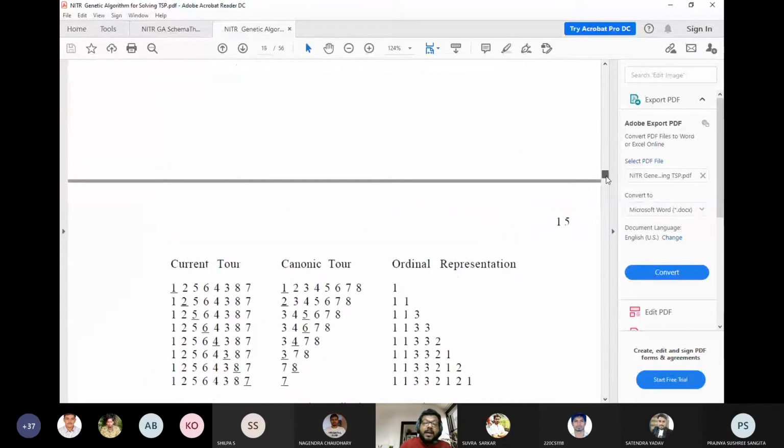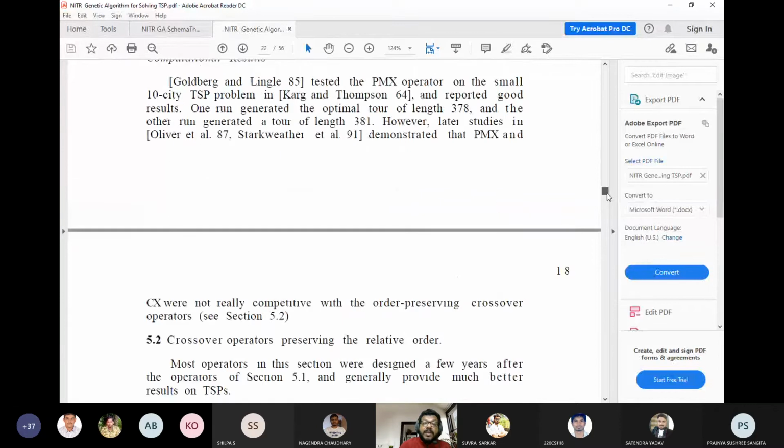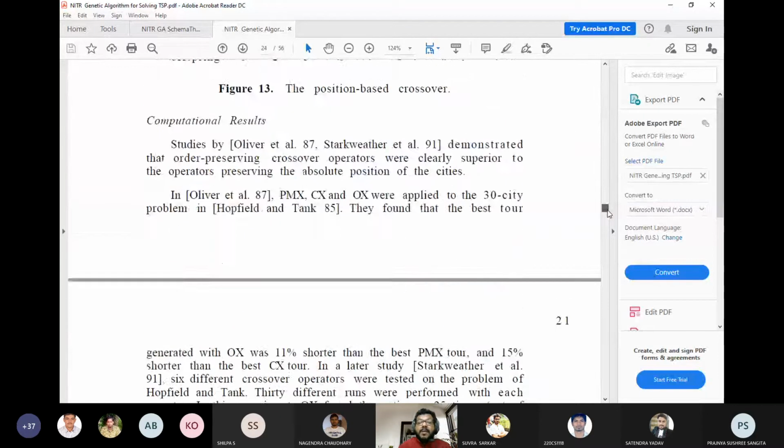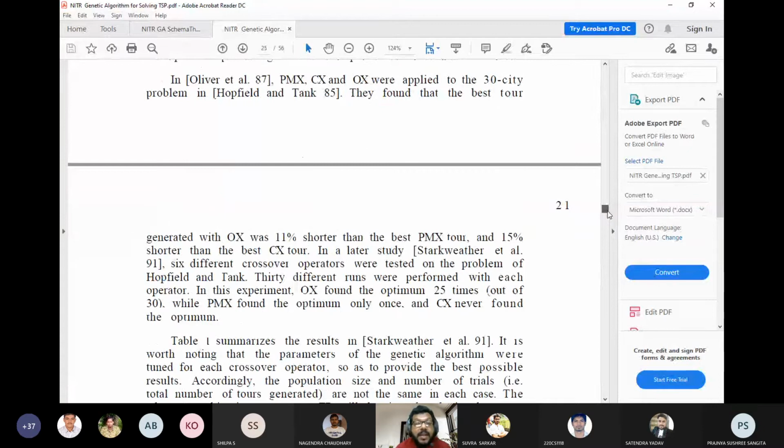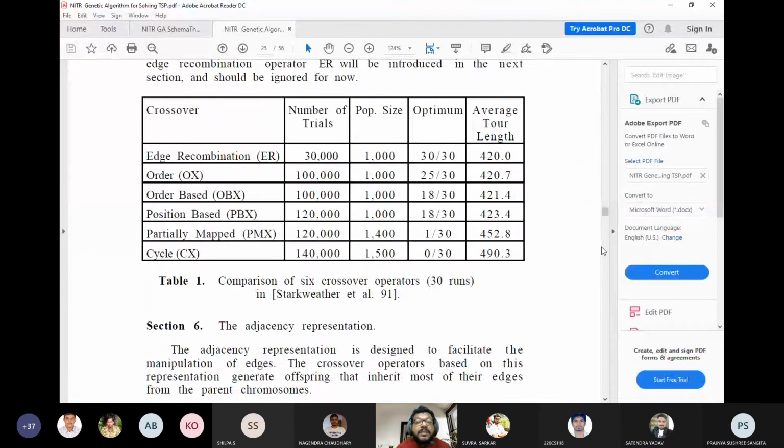And then the third paper. If we look into this particular slide, is it visible? There are different types of crossover. Yes, sir. So we talked about only a single type of crossover: we start with two individuals and we discussed single point crossover. Now you look into that, there are many types of crossover.